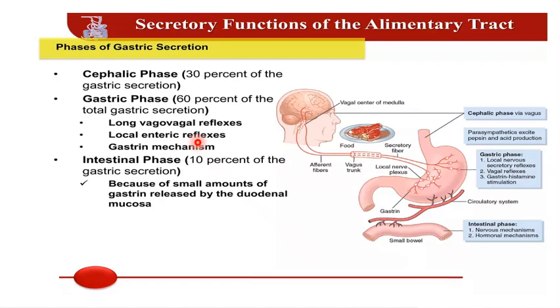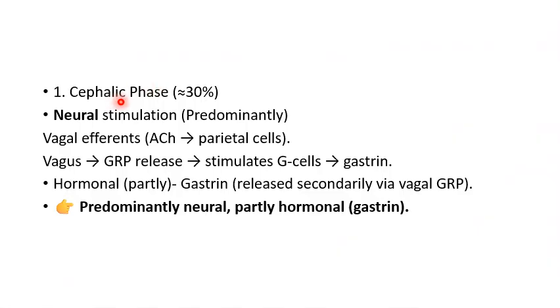So now we will see each phase individually. The first is the cephalic phase. Cephalic phase, I told you, is 30% of secretion, and it is more of neural. So predominantly neural. It is regulated by the vagal efferents. So what happens when the food is